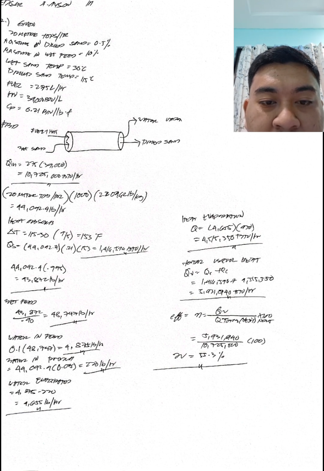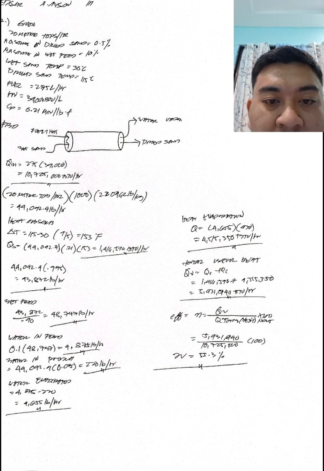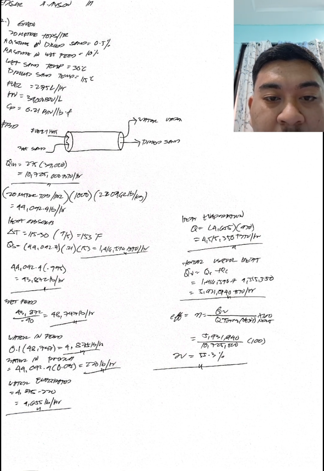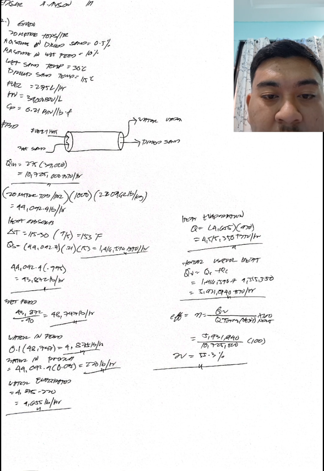of 44,092.4 pounds per hour. The next is the temperature: 85 times 9 over 5 is equal to 153 degrees Fahrenheit. Then for Q, we can use the formula of heat, Q is equal to m Cp delta T. Everything is given except Q, because Q is what we're going to find. So 44,092.4 multiplied by 0.21 multiplied by delta T, which is 153 degrees Fahrenheit, is equal to